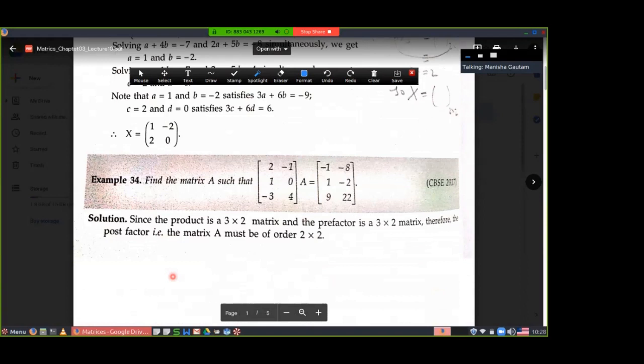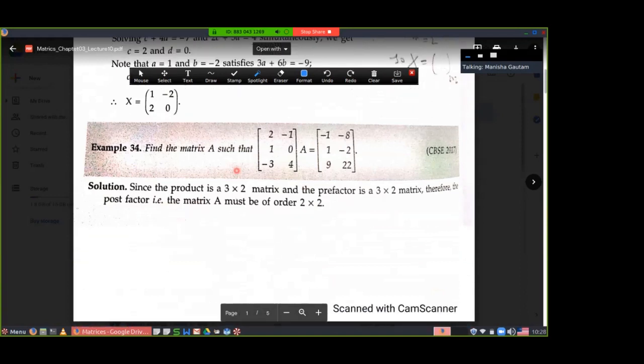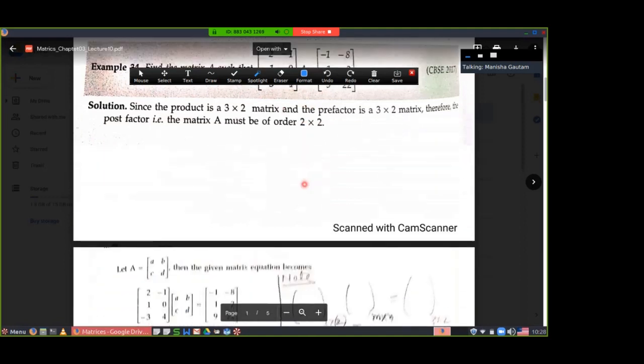Now the same is here. Next question. Find the value of matrix A which is multiplied to the matrix 2, -1, 1, 0, -3, 4. Now in the previous question, which matrix did you have to find? The X matrix, which is written as a pre-matrix. Now A is written after the matrix. It is a post matrix. Again the same procedure will be there to find it. First you have to find the order. What type of order will be there for A? For that you have to do like this.